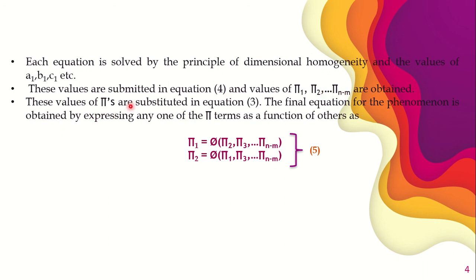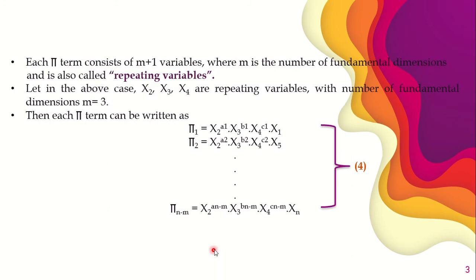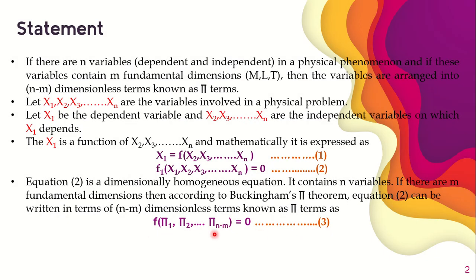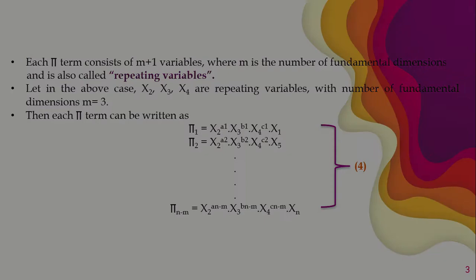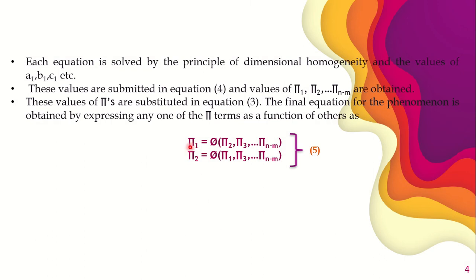Once you finish off writing the pi terms, substitute them back again in equation 3. What was our equation 3? This one. Okay. Then from there you can write each pi term as, if you remove the functionality, phi of. We generally put phi because we don't put k, just to put a constant, this phi is some constant. K we generally start with, but k is also the bulk modulus, so hence we don't involve k. You just put some phi and write this. Okay, this is totally equation number 5. Here we will end off the problem.